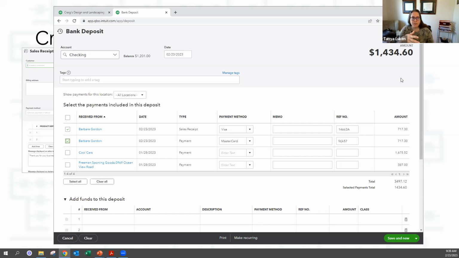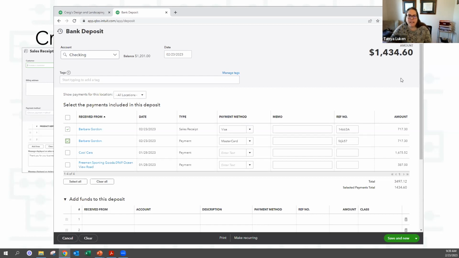So if you own a retail store, like someone asked about online payments from an online marketplace, I would do those as a sales receipt because by the time you're recording the revenue, you're getting the cash, unless there's a lag. And I don't mean a lag like I'm going to process the credit card today on Thursday and it's not going to show as a bank deposit until Monday. I mean a serious lag, meaning your online marketplace for whatever reason will do a sale today, but they're not going to pay you until April, for example.